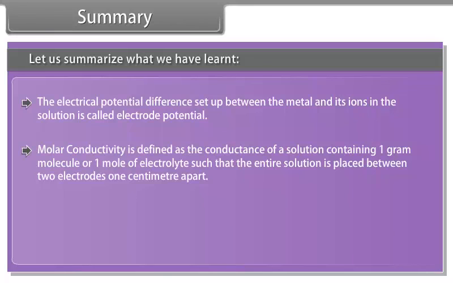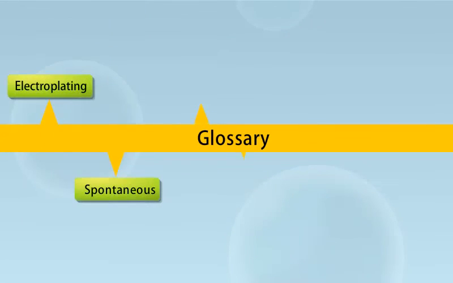Kohlrausch's law. Kohlrausch's law states that at infinite dilution, when the dissociation of electrolyte is complete, each ion makes a definite contribution towards the molar conductivity of electrolyte, irrespective of the nature of the other ion with which it is associated. The molar conductivity of an electrolyte at infinite dilution can be expressed as the sum of the contributions from